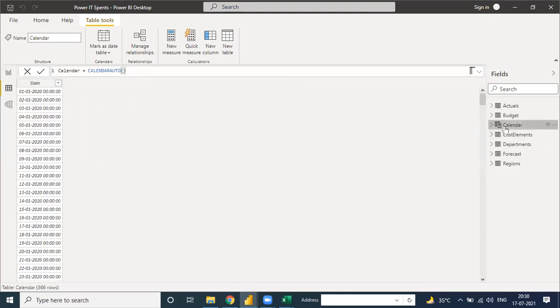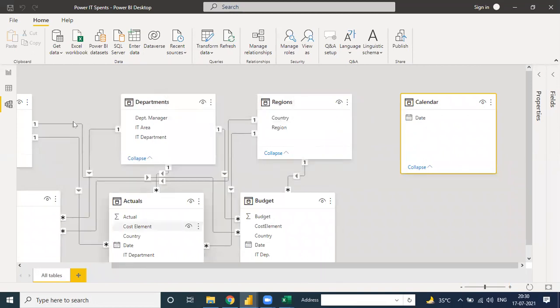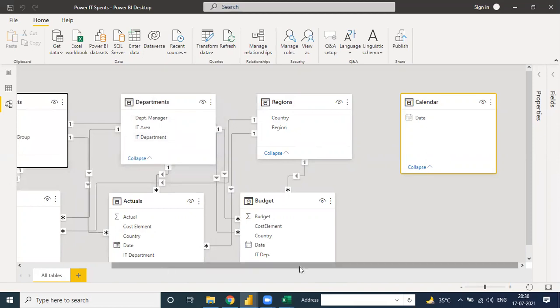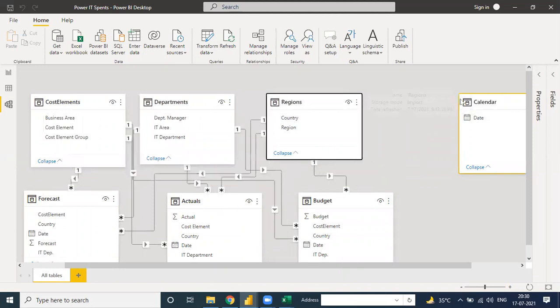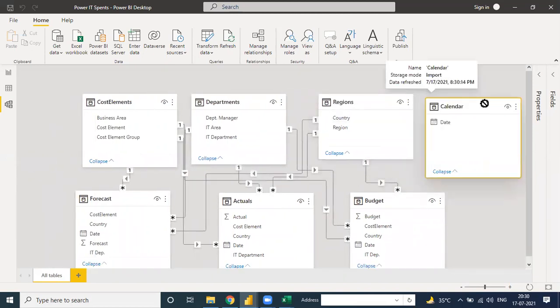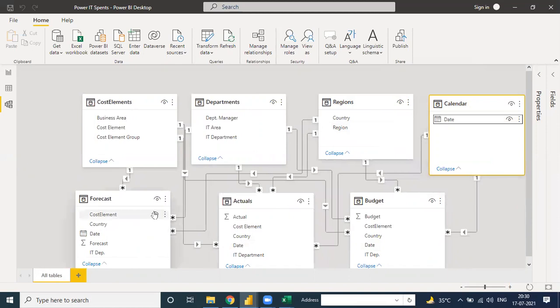And here one more table is connected, the calendar table. When you go to relationship view, one more dim table has entered. So how to connect this dim table to the data? Same way: the date table is a dim table, so you can directly drag and drop. See, the complete relationship is done in our file, including the calendar table. These are the four dim tables, and these are the four fact tables.